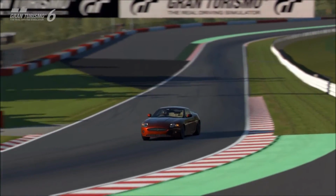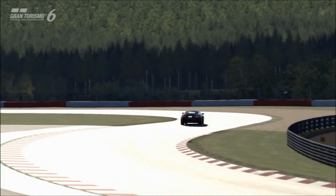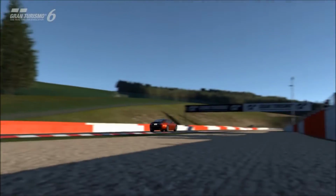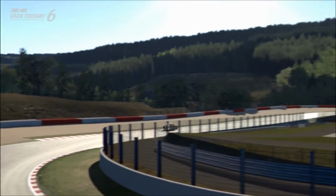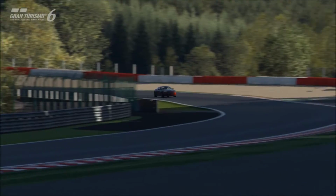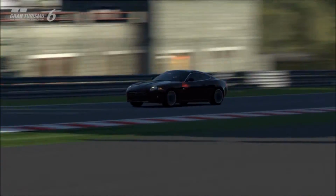But for now, we're discussing this model, and as far as this model goes, it's actually pretty quick. The top speed is good, it's around the mid to high 250 region. The acceleration, as you'd assume, is strong. The acceleration is good throughout its entire performance range. And although a supercharger isn't necessarily given as much respect as a turbo, it certainly does suit a vehicle like